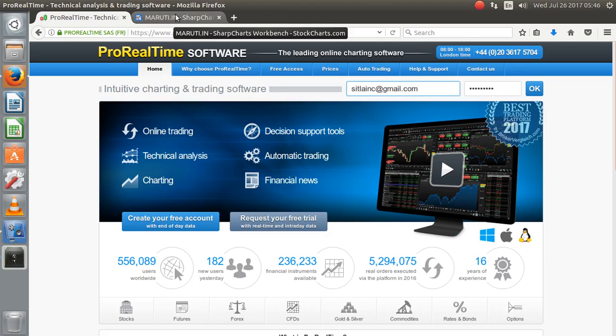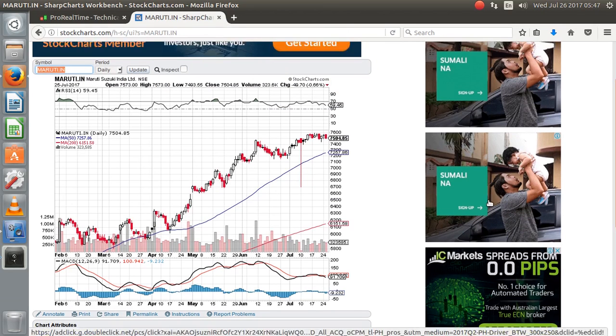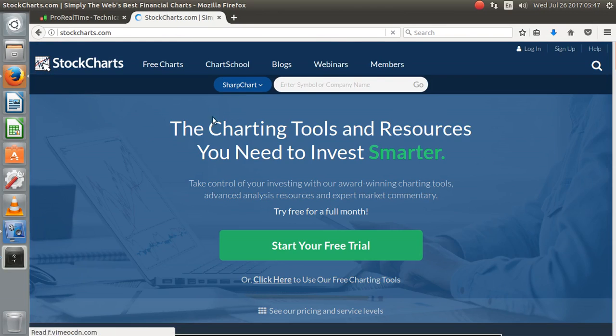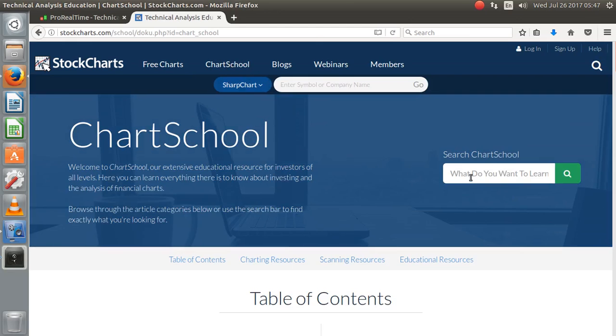Everybody has a different taste, so you might find this more comfortable than Pro Real Time. Some might find Pro Real Time more comfortable than StockCharts. But in any case, you really have to do your homework. Go back to the home page here. Click on Chart School here. Enter candlesticks here, search,